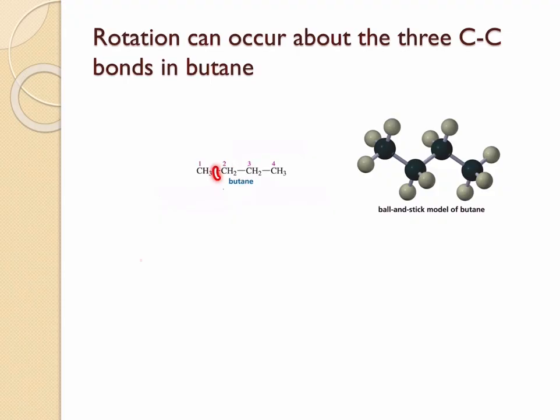So let's first draw the 2 Newman projection formulas, both eclipsed and staggered conformations, as you rotate about the carbon-carbon single bond from 1 to 2. For this, we are going to treat this as the front carbon, so this has to be represented as a dot, and this as the back carbon, so this should be represented as a circle. So we'll use different colors here. So the front carbon,